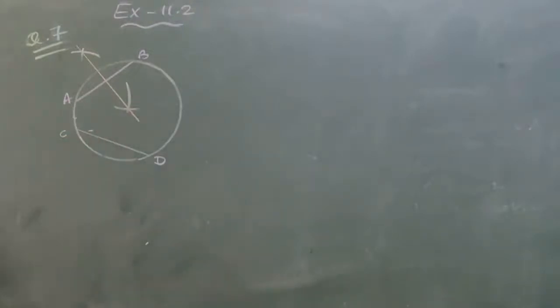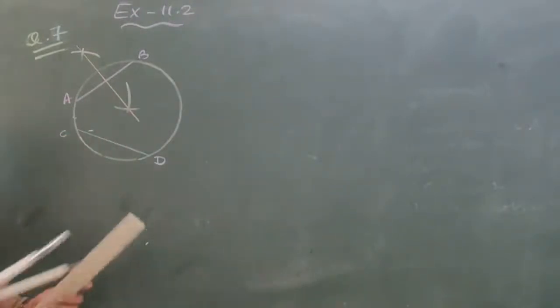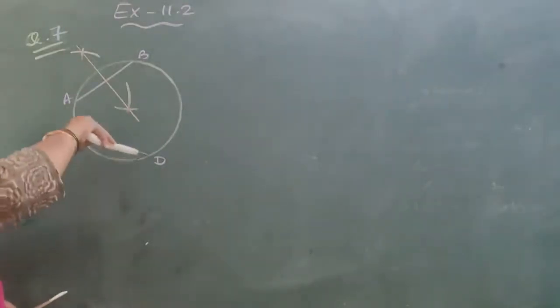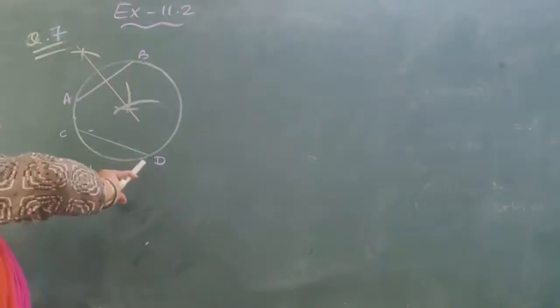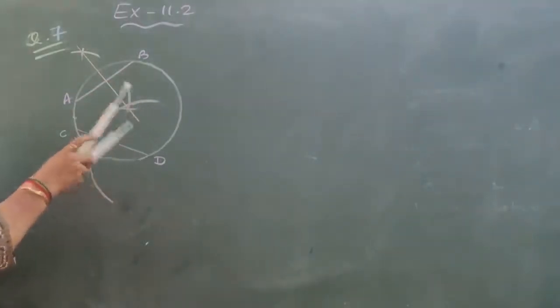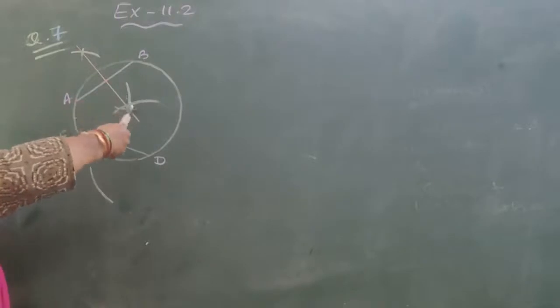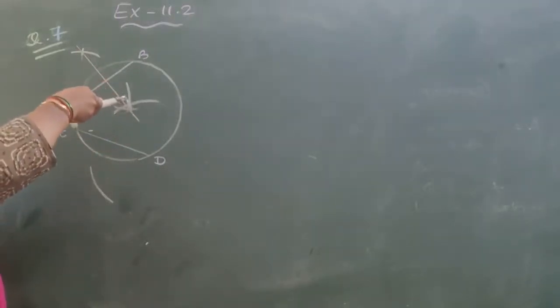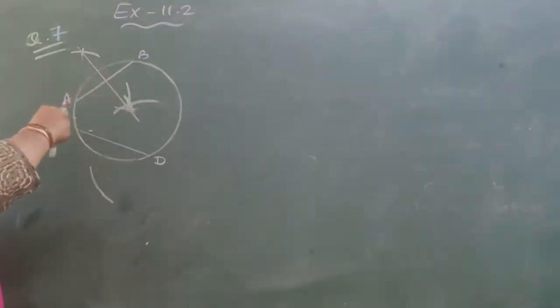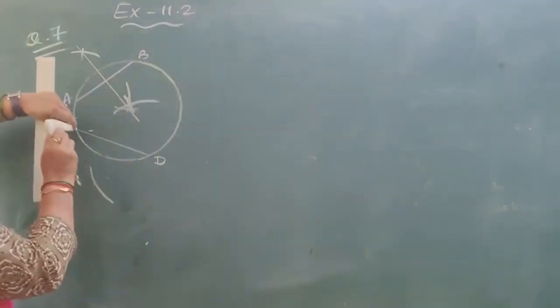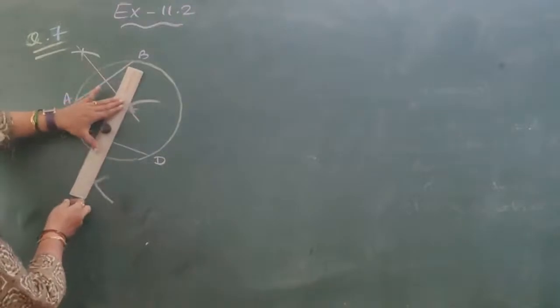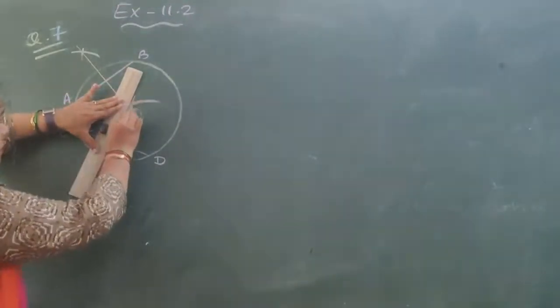Now I have to draw a perpendicular bisector for CD. So again, more than half, from upper side at center C and downward side, from center D, again upward side and downward side. Okay. Now I have to join this to get the exact perpendicular bisector of CD.